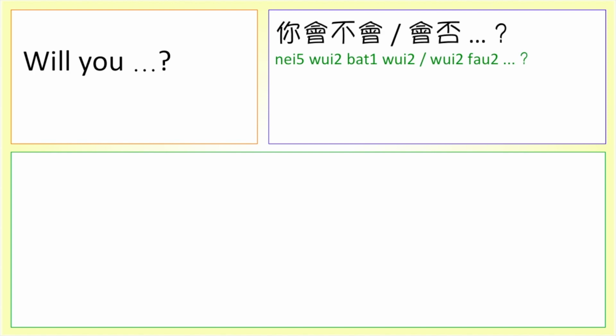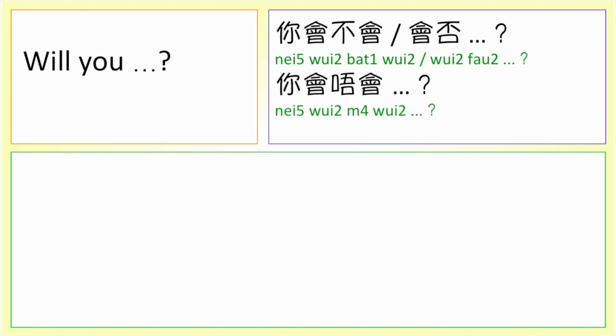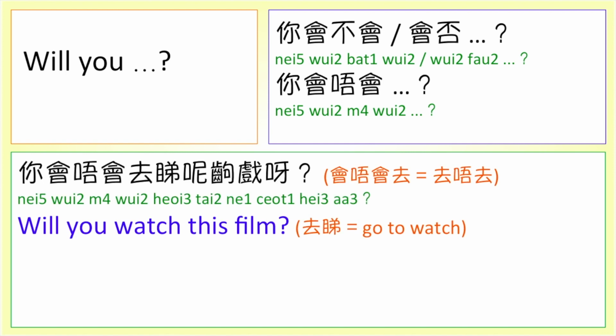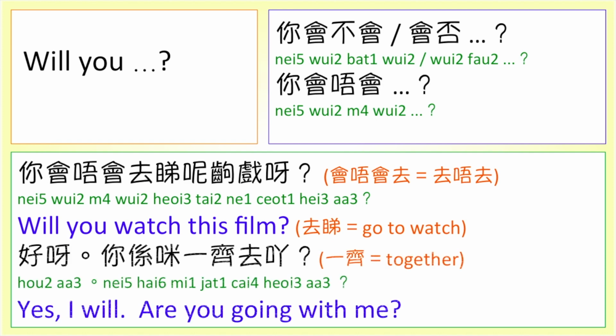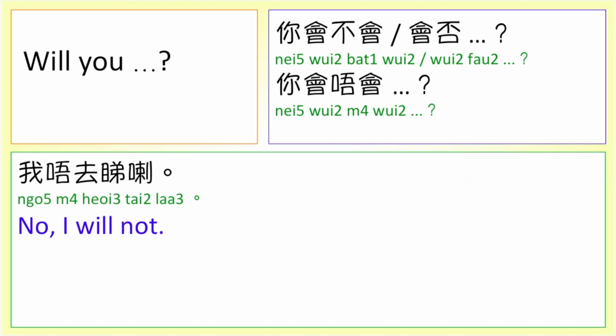In written Chinese, we say 你會不會？你會否？ In Cantonese, we say 你會唔會？ For example, 你會唔會去睇呢出戲啊？好啊，你係咪一齊去啊？我唔去睇啦。